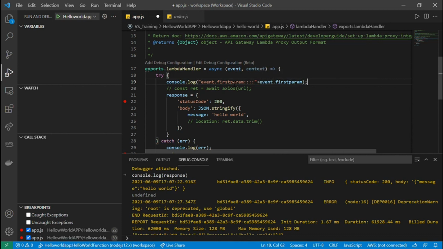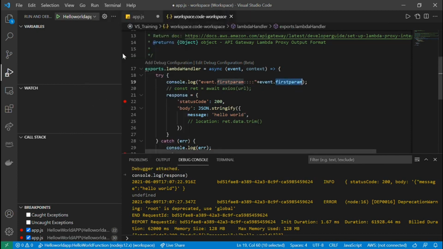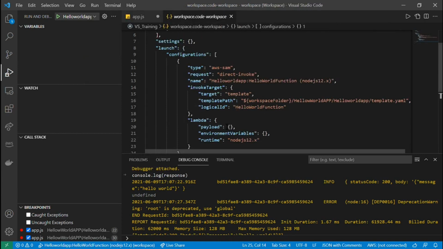So what this is doing, it is expecting a parameter called first param from our event. So we have to send first param to our event. For that, we have to go to our configuration, open the configuration, and take the Lambda configuration, which is the first one, the direct invoke, hello world configuration over here, and here in the environment variable we put JSON